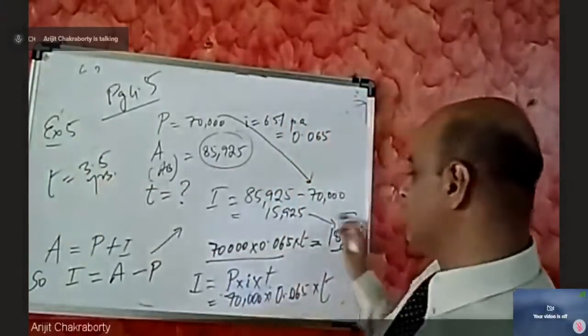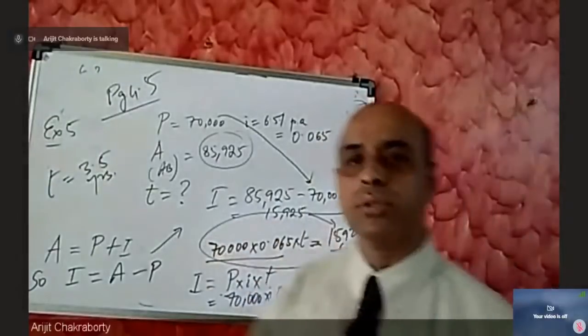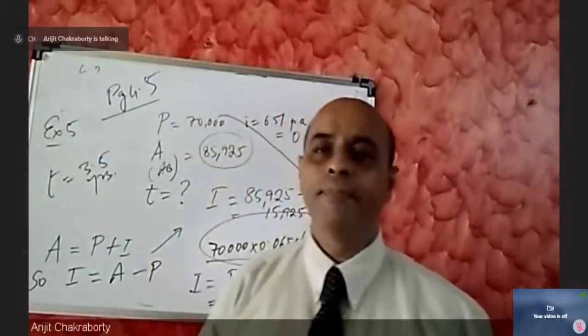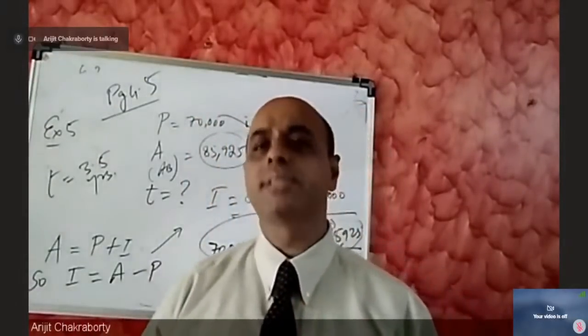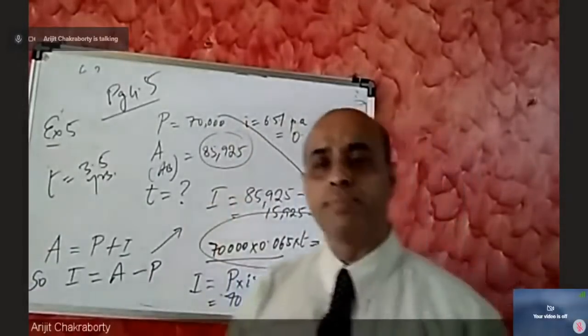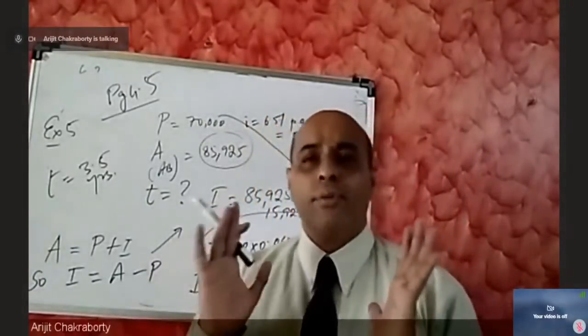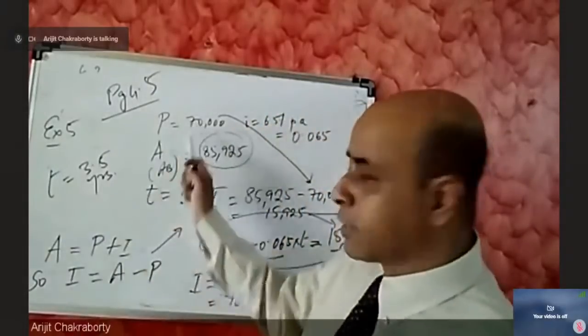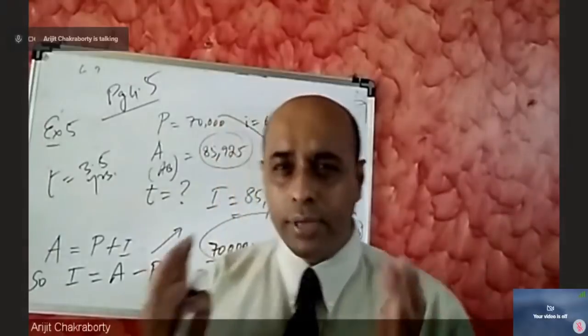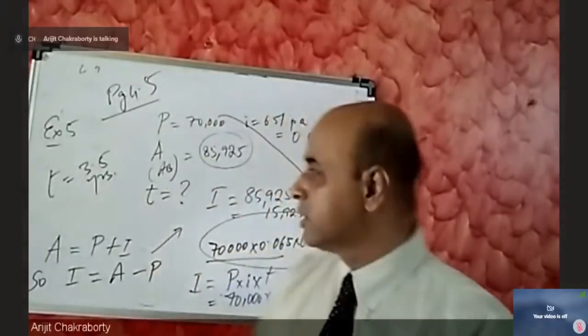If you simplify this part, you will get T equal to 3.5. That means the money has been invested for 3.5 years, at the rate of 6.5% per annum, and at the beginning of the period, the principal was 70,000 rupees, and at the end of the period, the amount or the accumulated balance has become